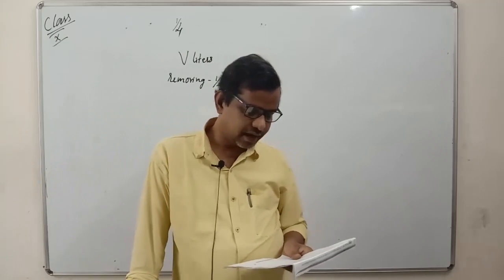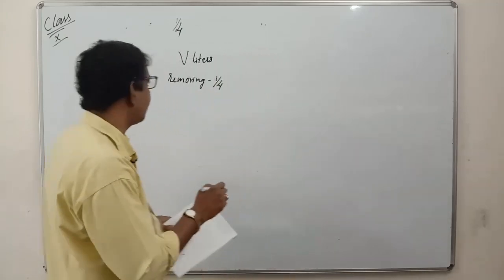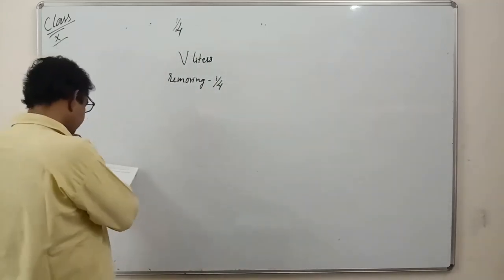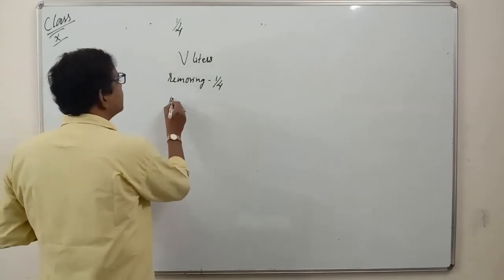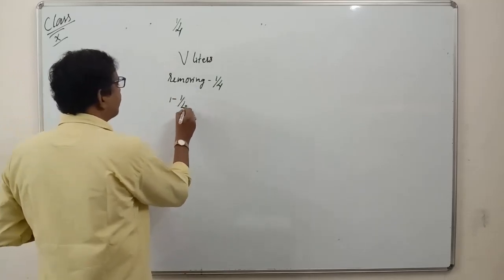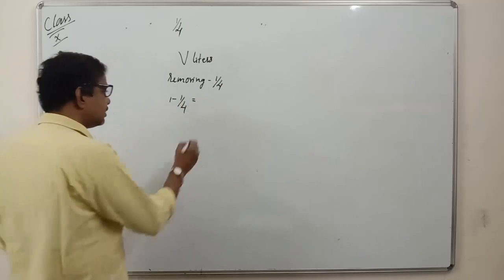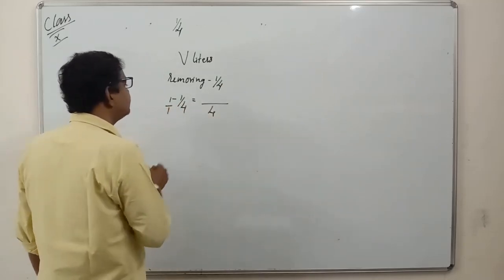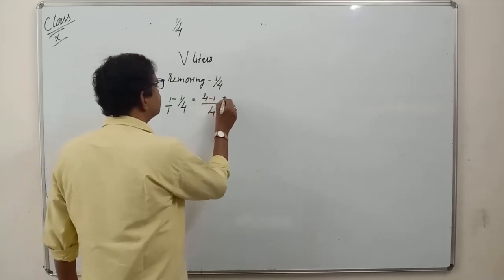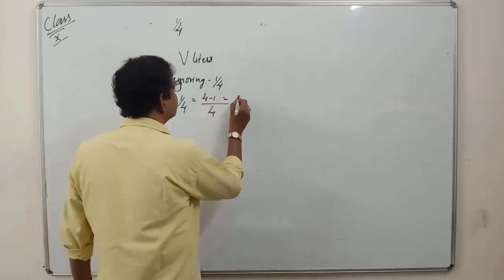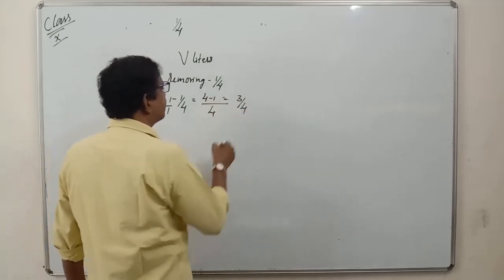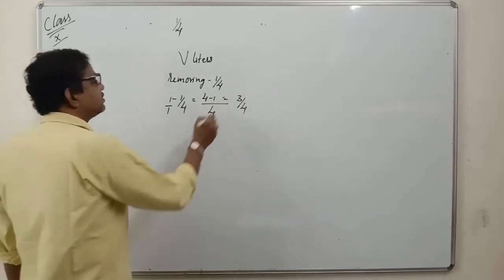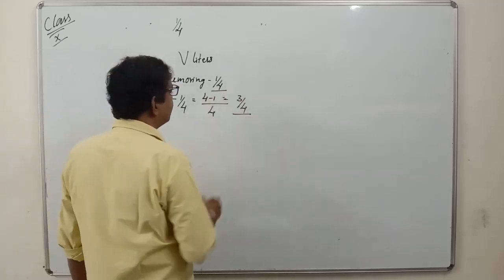So after every stroke you get 1 minus 1/4, which is 3/4. See, first it is 1/4 removed, next it is 3/4 remaining,